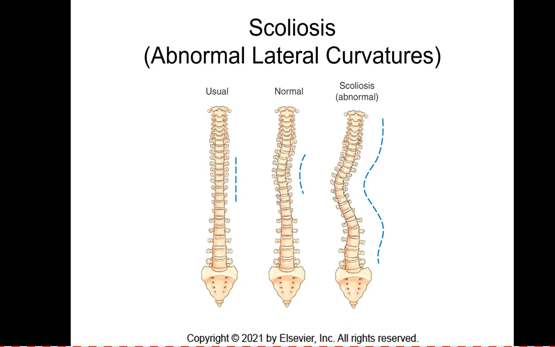And this is a serious problem that occurs when a pronounced S-shape lateral curvature exists. And you can see that here. So that is an abnormal lateral curvature. It can cause severe deformity of the entire thorax. The effect of scoliosis is more obvious if it occurs in the lower vertebral column, where it may create a tilting of the pelvis, and that can have an effect on the lower limbs, even producing a limp or an uneven walk. Children are screened for scoliosis, maybe at school or at regular checkups with their doctor,